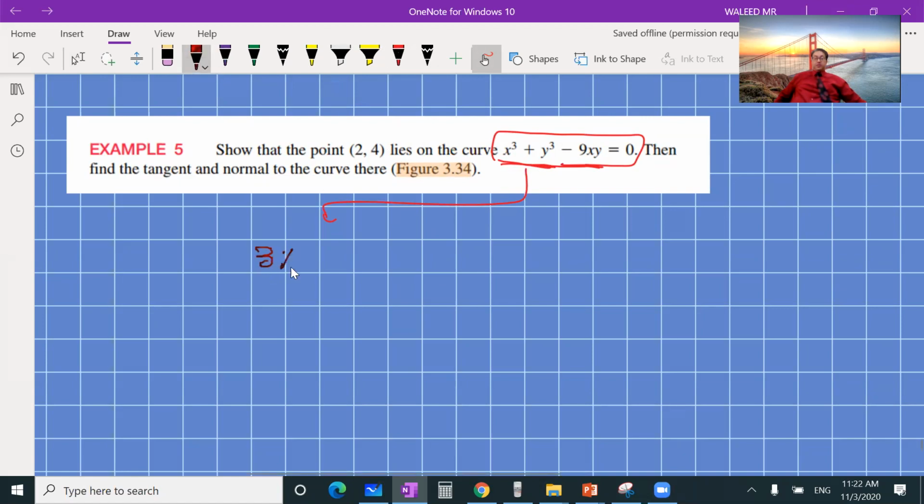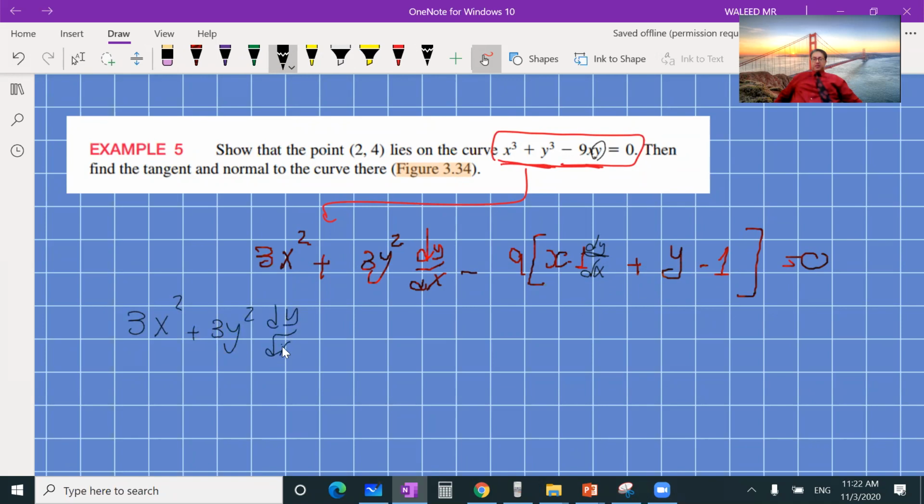For x cubed, 3x squared. For y cubed, 3y squared dy over dx. Minus 9, open bracket, first times derivative second plus second times derivative first equals 0. Did you understand here? First times derivative second, which is y, times dy over dx. It's 3x squared as it is, plus 3y squared as it is times dy over dx,